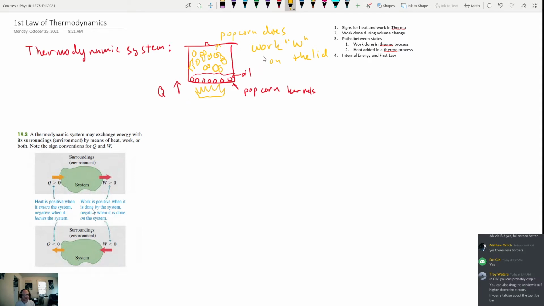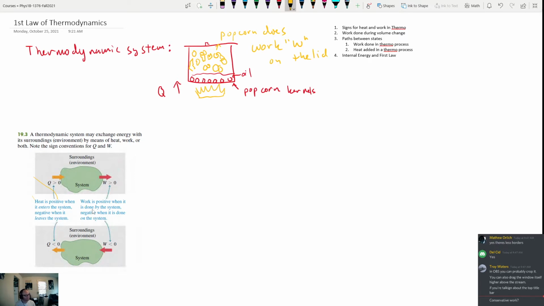The work in this case is the work done on the lid by the popcorn to lift it up. That's a type of work, right? It's a force times the displacement. And there's heat coming in, okay? Other types of thermodynamic systems would be the human body is a thermodynamic system. We don't generally add heat to our body, but we tend to